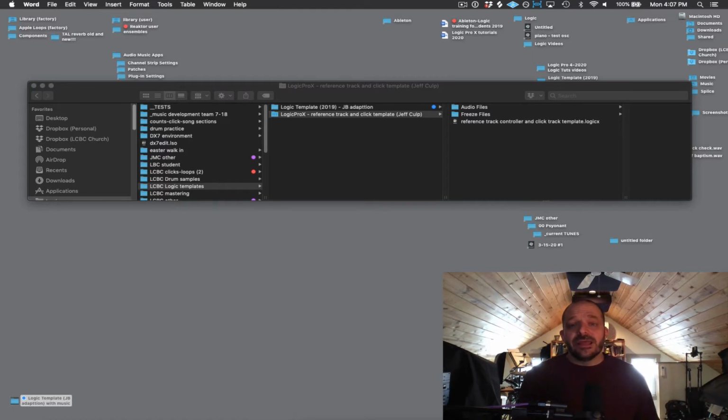Well, a template is an empty Logic project that will allow you to have a custom starting point each time you start working on a new song or creating backing tracks or whatever it is you're doing, so that you don't have to spend a lot of time configuring your own personal digital workspace